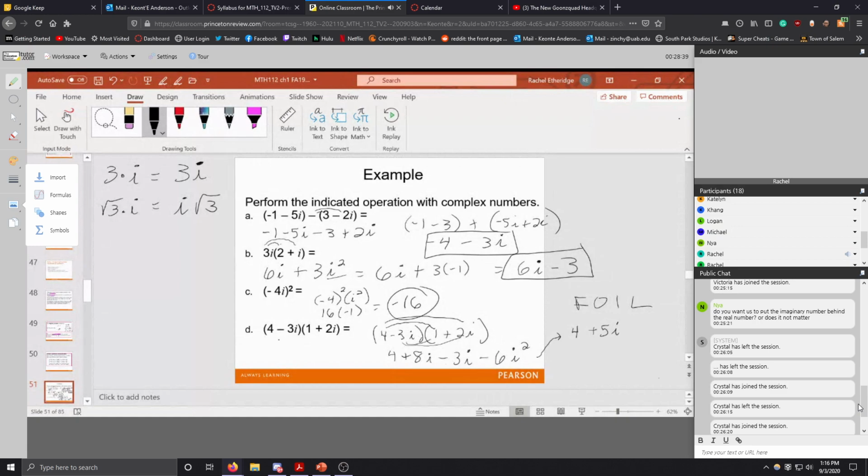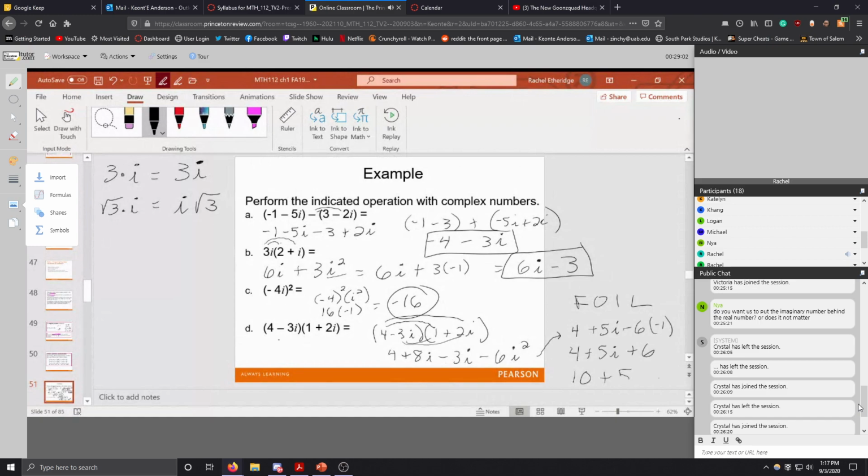And then the last term is going to turn out to be minus 6, but i squared is negative 1. So again, I'm going to take some shortcuts on this later, but I'm just showing you all the steps right now. So since we've got this turned into a real number now, we can add 4 plus 6, and we get 10 plus